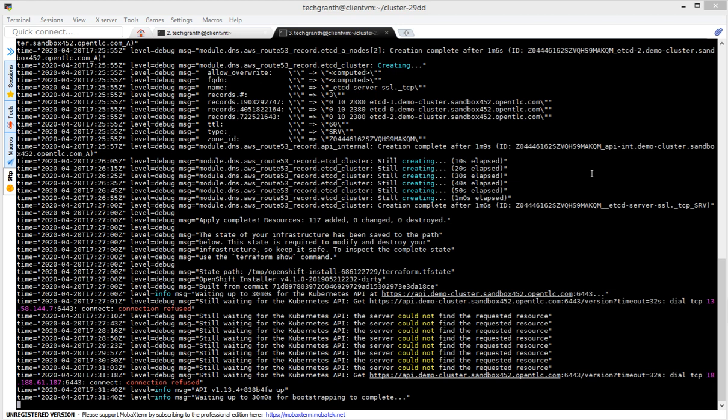Let's see. After waiting for some time, it was giving an error, could not find the requested resource. But now it is showing the API is up and waiting for bootstrapping to complete. So let's wait further.